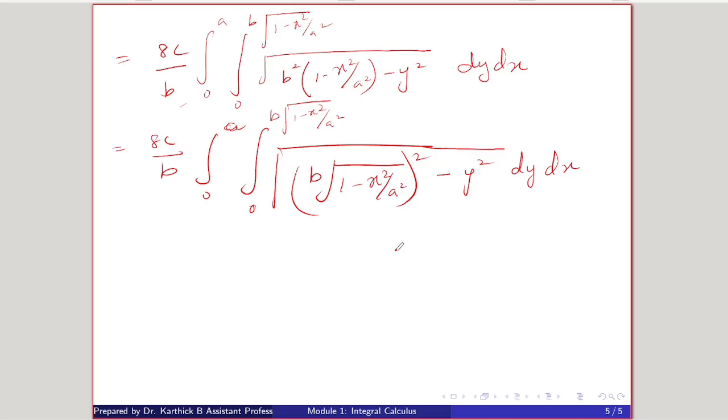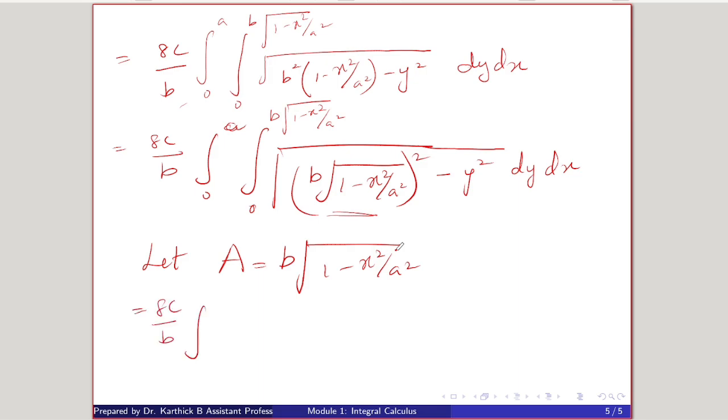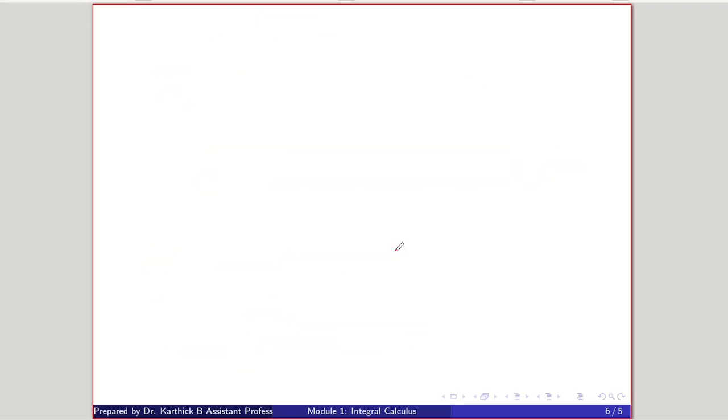So now we can observe that the upper limit of y is same as this term. So I may consider this term as capital A for simplification, and on the next step it will become 0 to a, then 0 to capital A, then square root of capital A square minus y square dy dx. Okay, on the next step